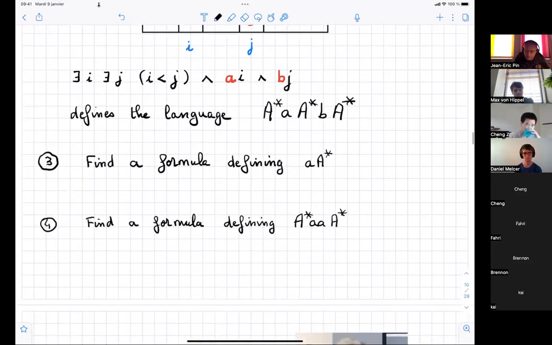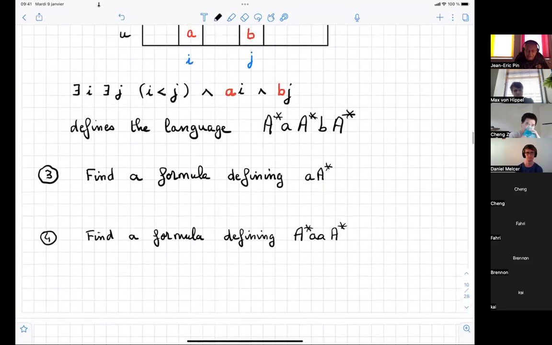And I had two exercises here for you. Find a formula defining this language, where we do it in the reverse way, a followed by A star. So we just write a subscript 0, right? If we're zero-indexing, and you don't even need a quantifier. Yeah, but the problem is you don't have access to 0 officially in my logic. So